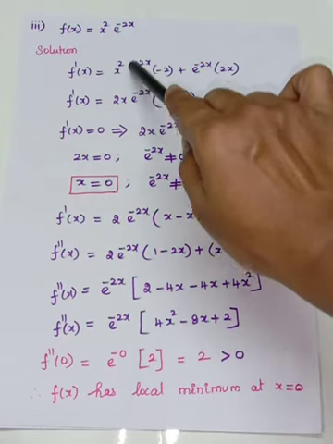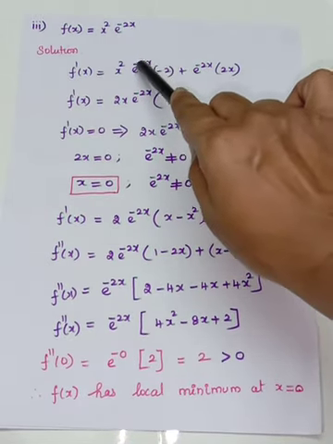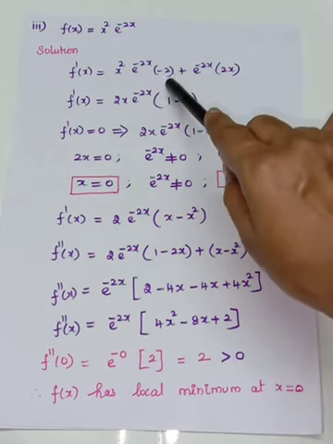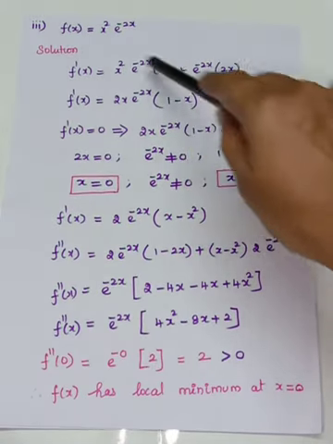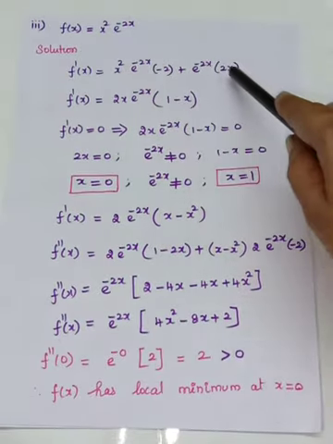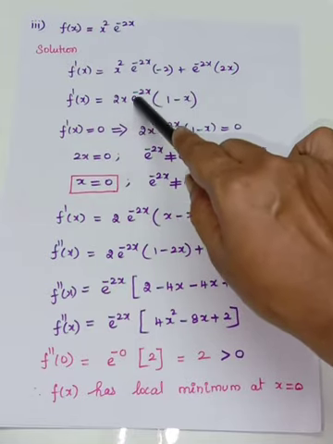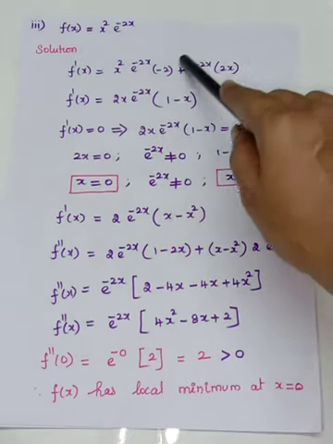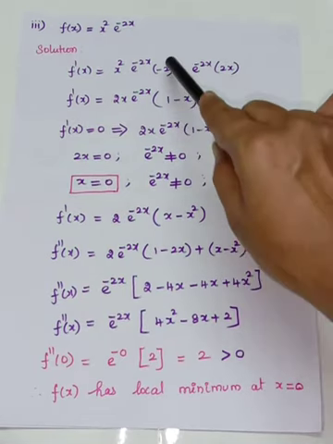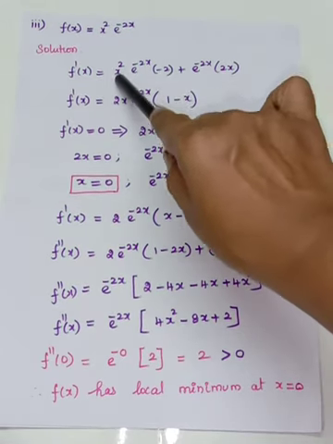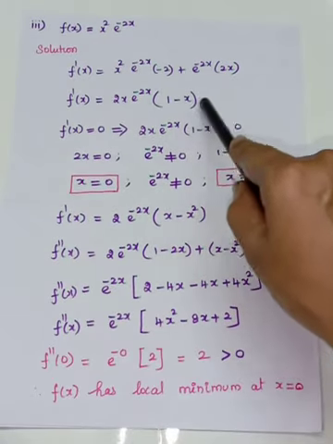So e power minus 2x, and the power has to be differentiated. So minus 2x differentiation is minus 2, plus the second term you have to keep as it is, and you are going to differentiate x squared, that is 2x. So from these two terms, what is common? 2x e power minus 2x. You look at this, the whole term is taken out. So here you are having 1. Okay, 2x is taken out and 1x is remaining. So it is 1 minus x.